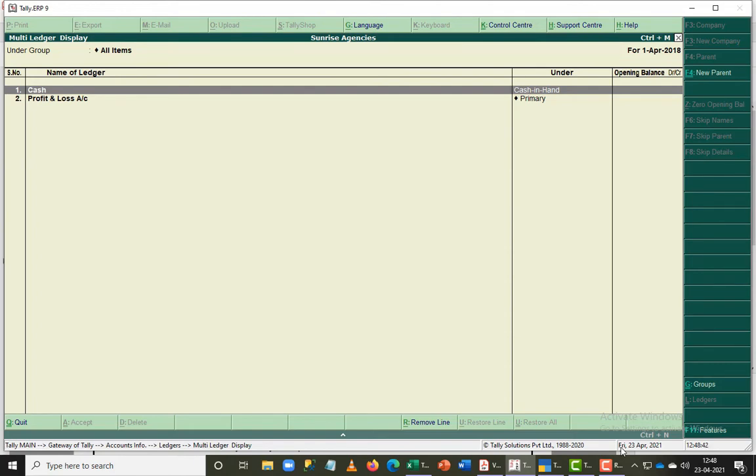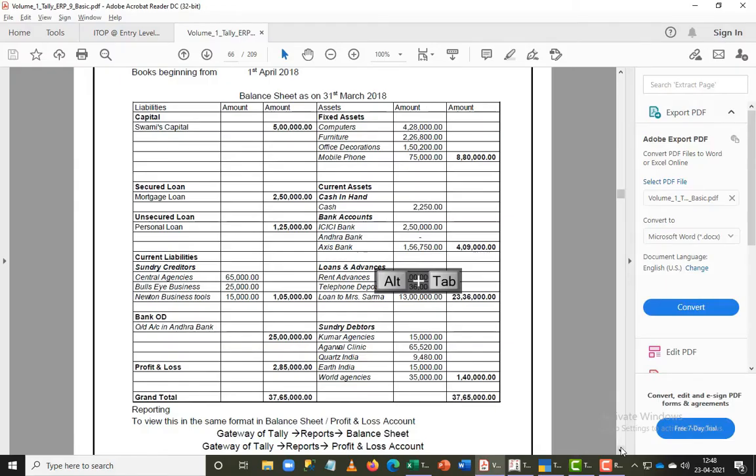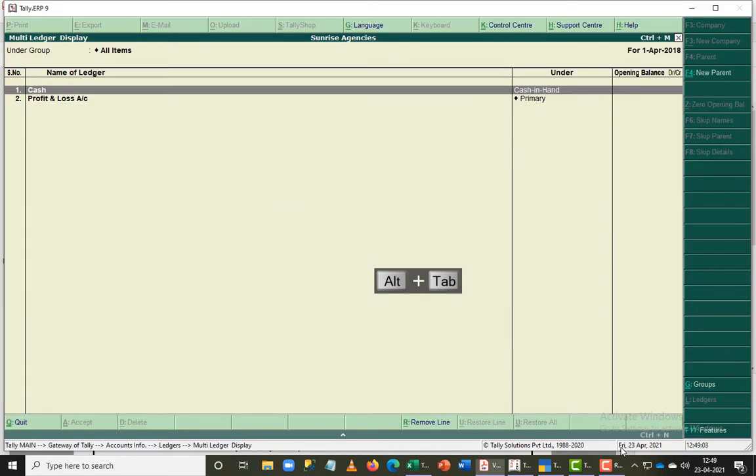These are the two components that you will definitely use in normal Tally logic. If you are working in accounting, cash and profit and loss account will be a part of your Tally, or any company for that sake will have cash balance with them. At least a petty cash will be there in the list, and profit and loss account will come into play. So before I feed my balance sheet, I have to check whether I have a cash and profit and loss account here with a value in it, because Tally will only give you the ledger, not the values of your company's data in Tally.